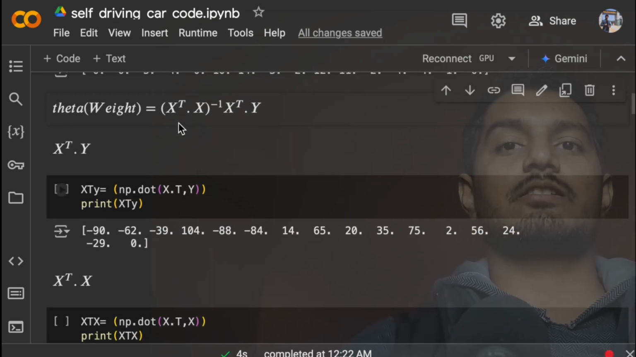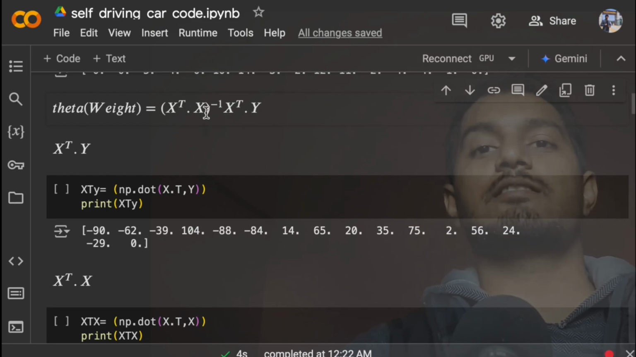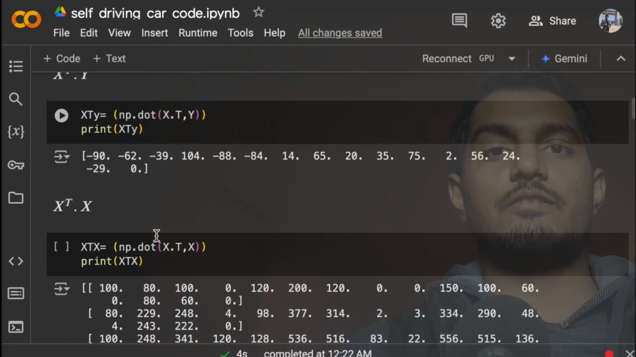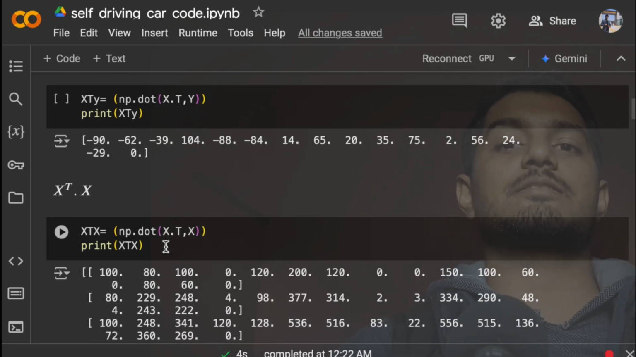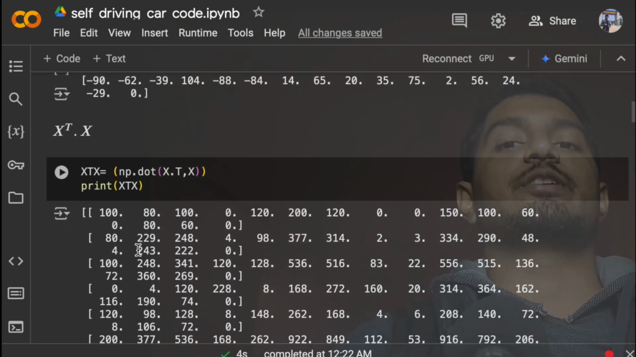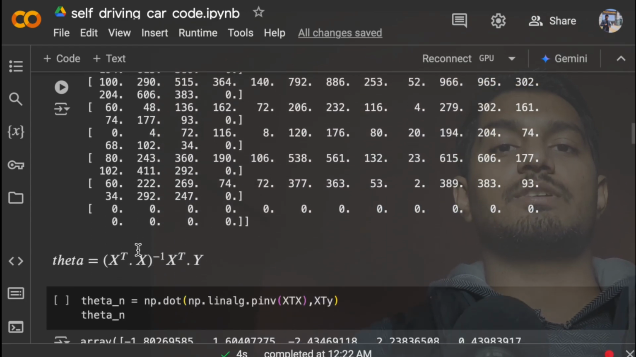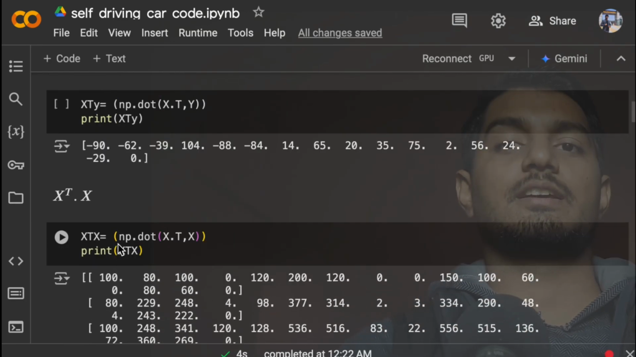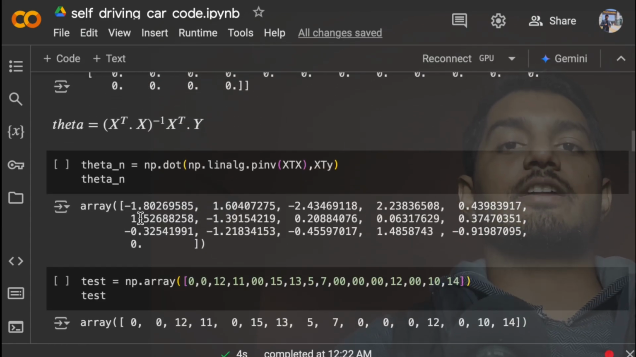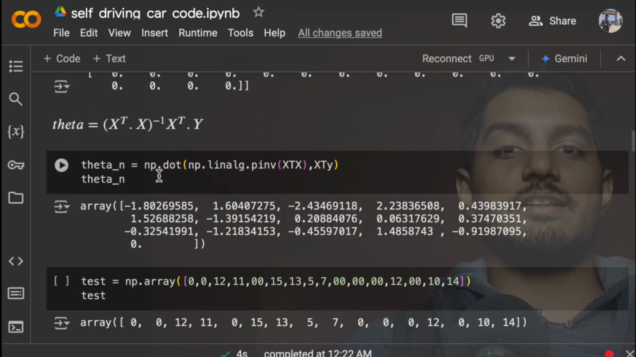Now the second part of this equation, basically x transpose multiplied with itself and then doing the inverse. So over here first I'll do x transpose multiplied by x, which I did. The dot operation is basically matrix multiplication with each other. When you do that, you get this value. Now we have both of the things. We already calculated them, and we can pass both and multiply them. So again the dot operation, np